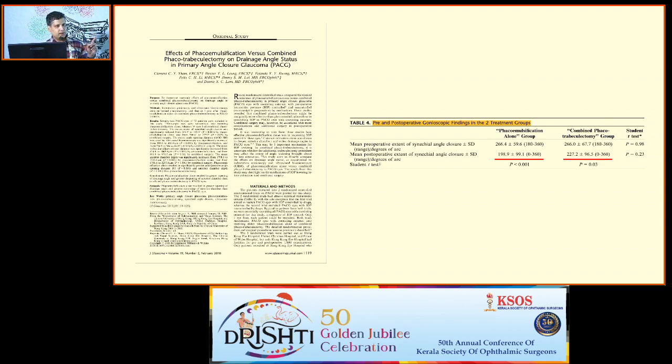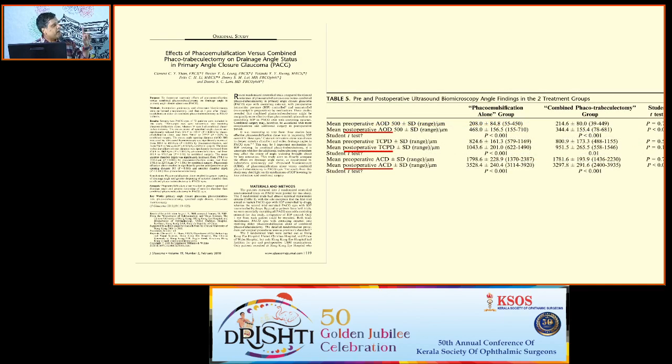So they looked at two things. One is what happens to the degree of synechial angle closure, right? So the synechial angle closure decreases after phaco and after phacotrab, but to a greater extent in the phaco alone group. So even if you have synechial closure, a part of the synechial closure does open up when you perform phaco. And if you look at the UBM parameters again, you find that all the parameters improve favorably in both